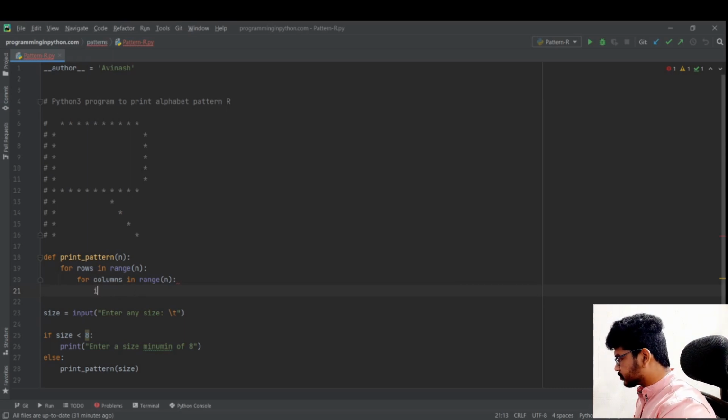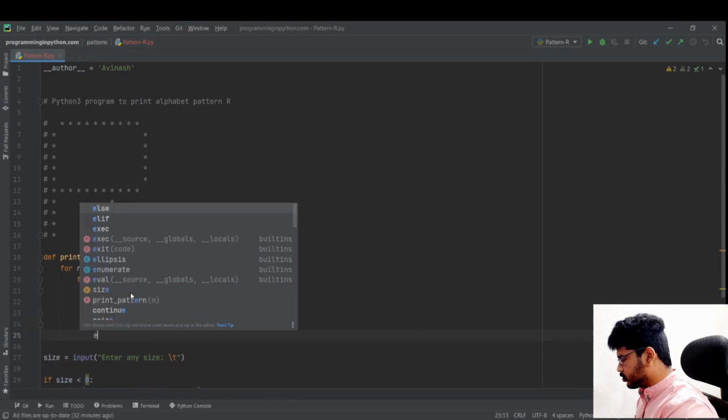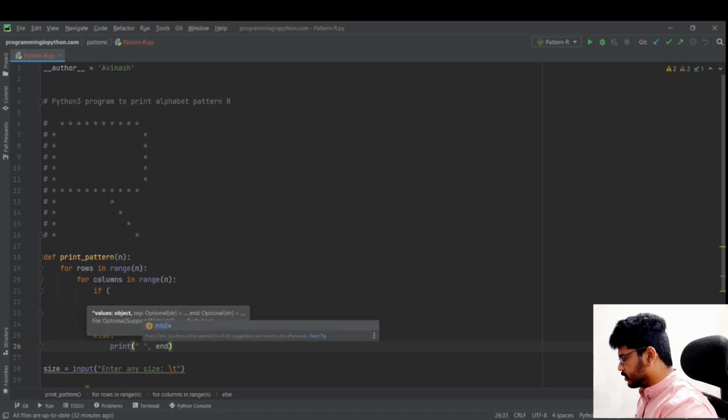If first row, here I will print star, and end I will give as space. So here in else I'll print spaces, and here also end will be space.